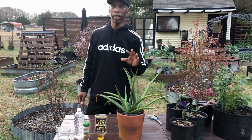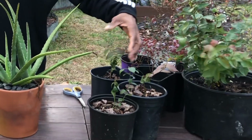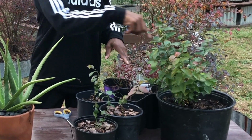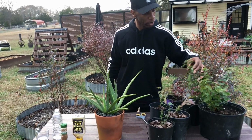Today we're going to be doing a DIY rooting hormone so we can get some more of these blueberry bushes. I have these cuttings going pretty well now, so I could turn this one blueberry plant into 1, 2, 3, 4, 5, 6, 7 blueberry plants. And I still have a few cuttings on here that I can make, and that's what we're going to be